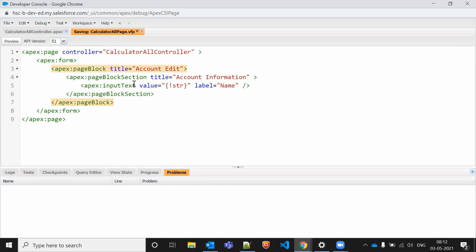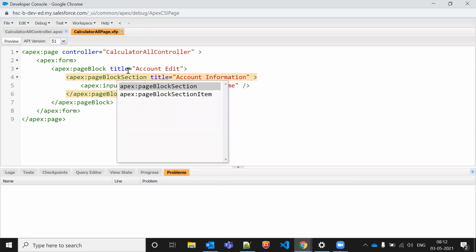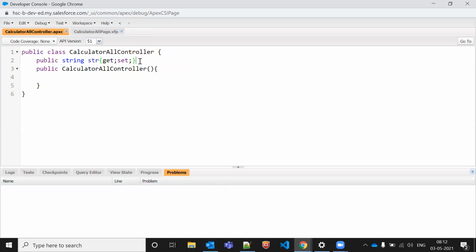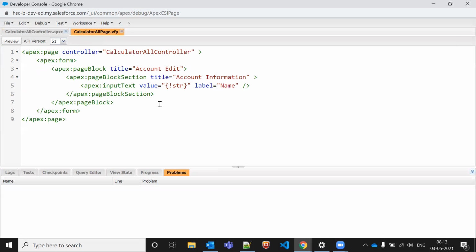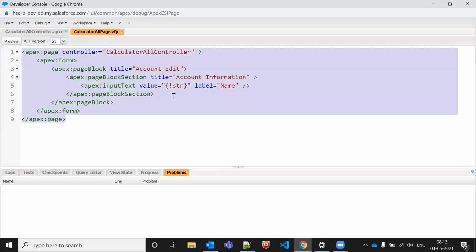If it is an integer, you'll pass an integer value there as it is. I can pass any Boolean value, decimal, any value. Not an issue. Whatever you pass, even account, contact, opportunity, list of account, list of contact, list of string, list of integer, everything will be getter setter if you are calling from the Apex class to the Visual Force page. So that is the thing.